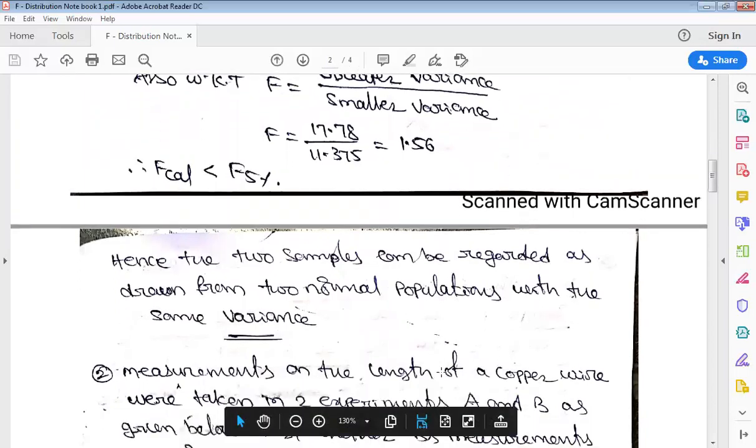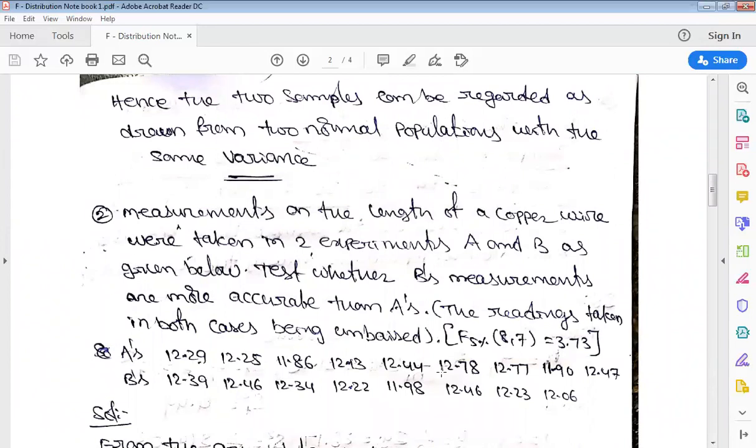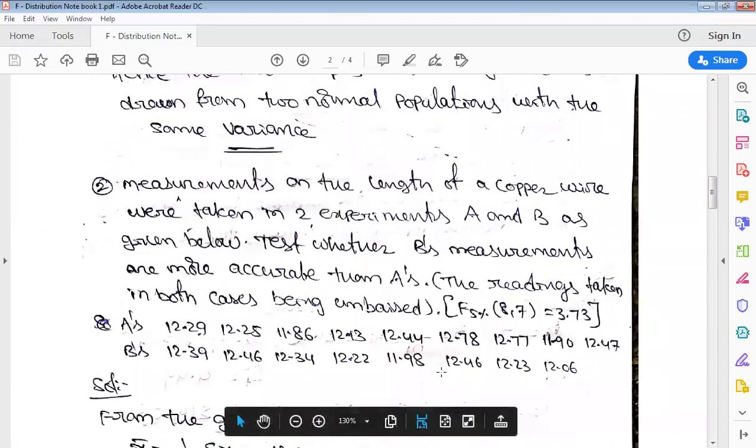Let's see another problem. It says the measurements on the length of a copper wire were taken in experiments A and B, given below. Test whether B's measurements are more accurate than A's, the readings taken in both the cases being unbiased. Here also F of 5%, 8,7 is 3.73. The A's experiment values are